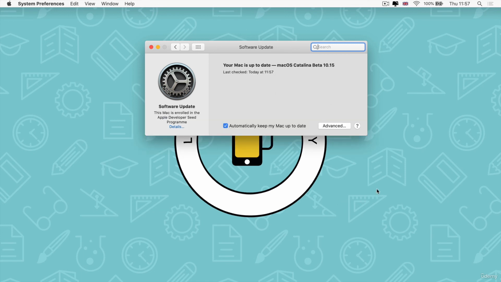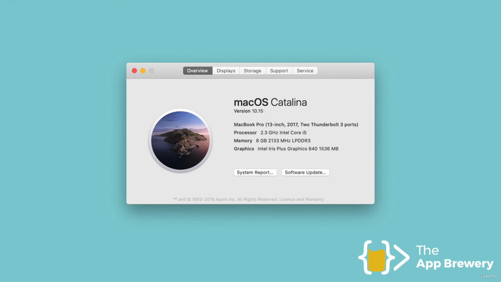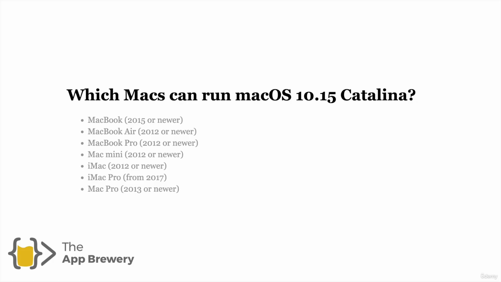You can simply click through the wizard to update your macOS. Now, another thing to note when you're updating your macOS is to check the age of your laptop or your desktop, because there are certain hardware requirements in order for us to be able to install the latest version of macOS. So here I've included a list that Apple has given, so check your computer against this one to see if you meet the requirements.